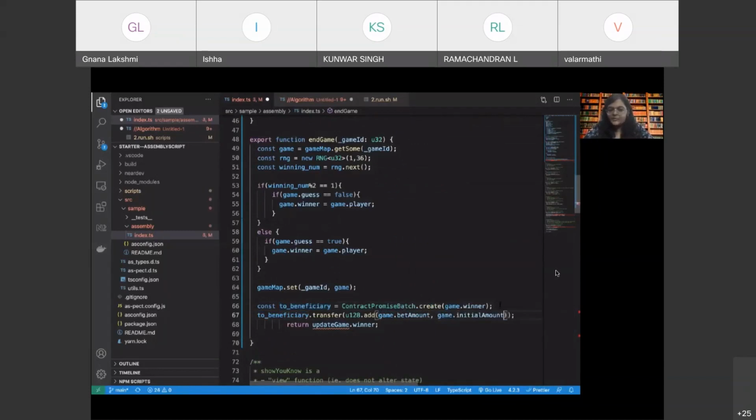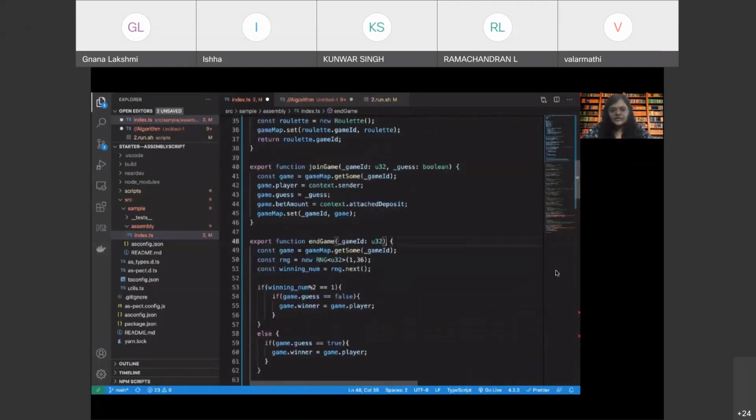So we add both of these and then we just want to return the winner. Now this transfer function will transfer the addition of these two, that is the total amount, to the beneficiary. The beneficiary is nothing but the winner whom we have created here, right? Now here we are just returning the game.winner.